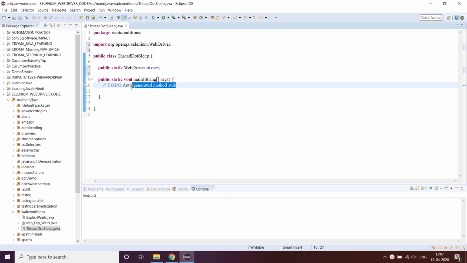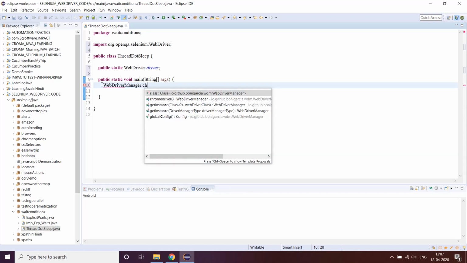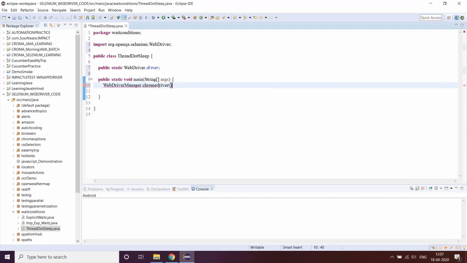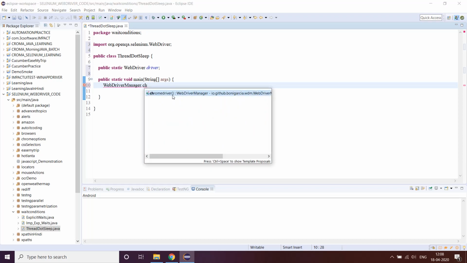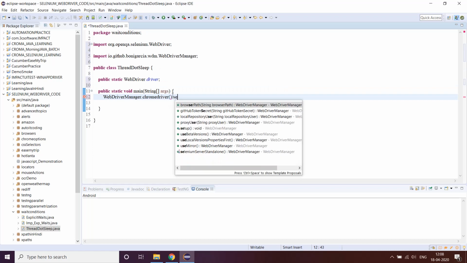We'll write this WebDriverManager.chromedriver().setup.